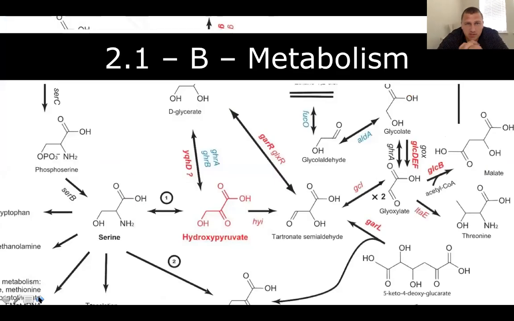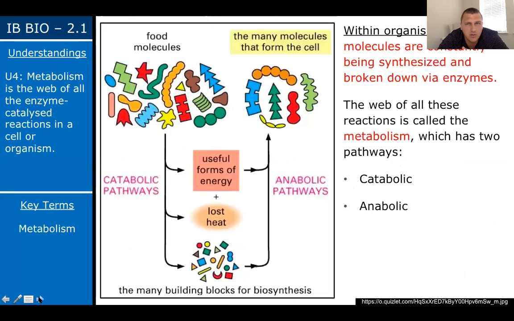Let's talk about B. So that was A. We'll have some assignments with that, but let's talk about B, metabolism. So metabolism, you guys have heard that word a bunch of times. Some people say I have a fast metabolism, I have a slow metabolism. What does that mean? Metabolism basically means the chemical breaking down of foods, or in other words,